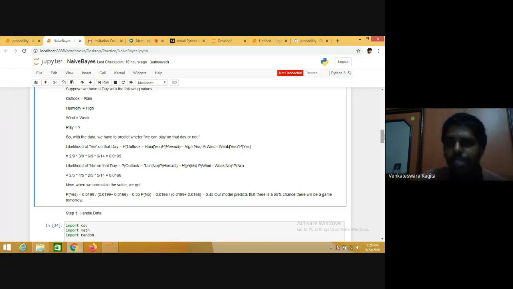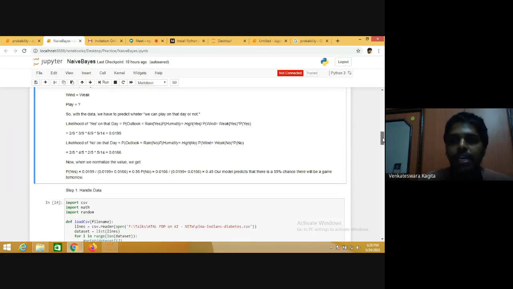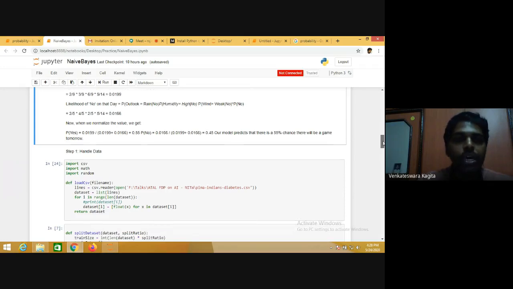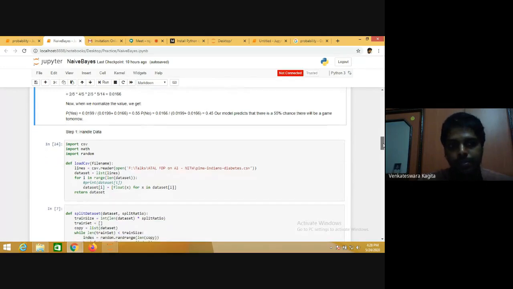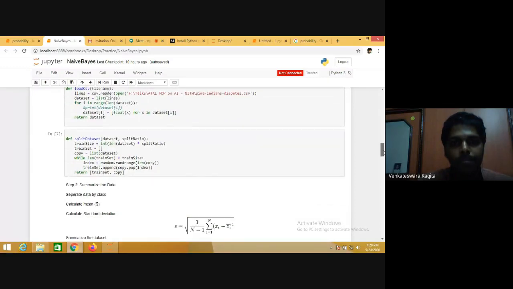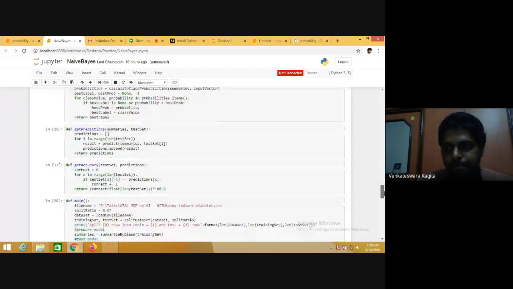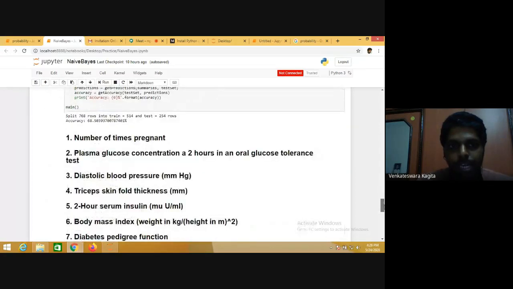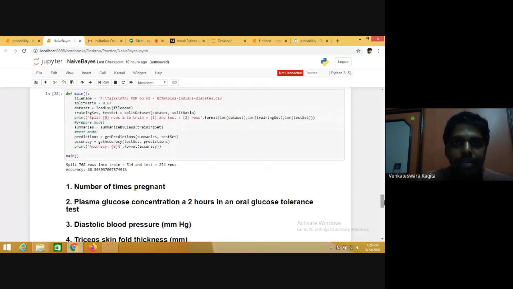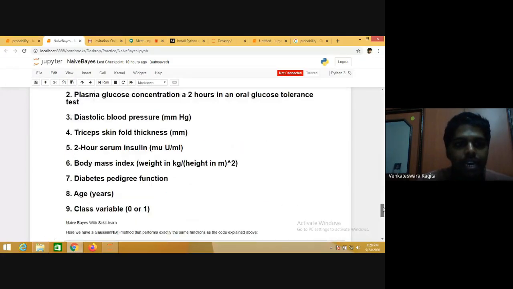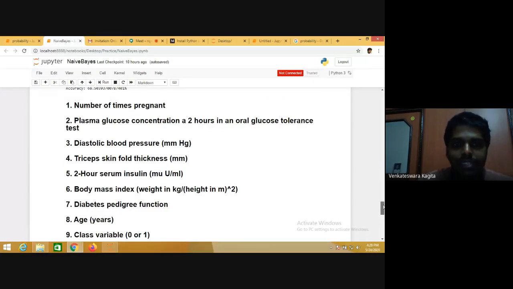But now we'll take the continuous case, and we'll assume that these individual attributes follow Gaussian distribution. We'll first go to the main function. This is the data that we have used, the PIMA Indians diabetes data. In that data, we have a total of 8 attributes and a target variable, which is 0 or 1, whether he has diabetes or not.